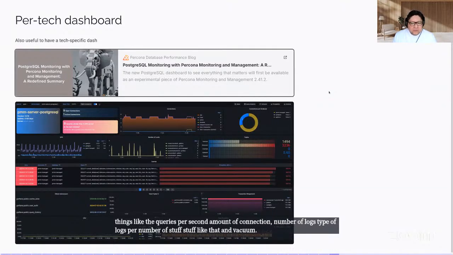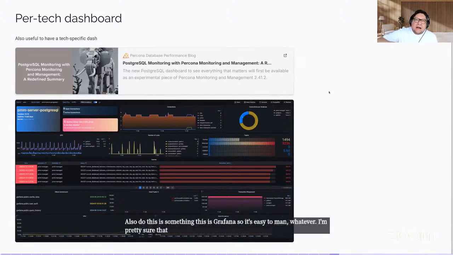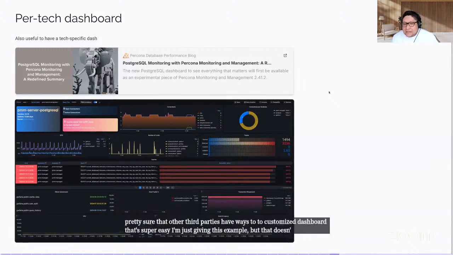Also good, this is Grafana, so it's easy to implement. I'm pretty sure that other third parties have ways to customize dashboards. It's super easy. I'm just giving this example, but that doesn't mean that these are the only ones that can be done.